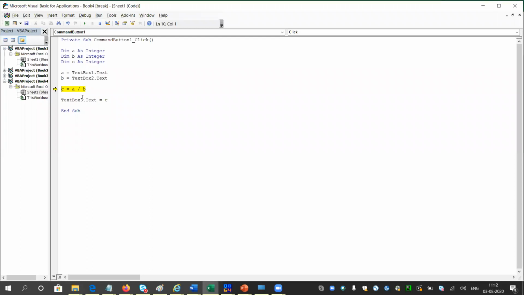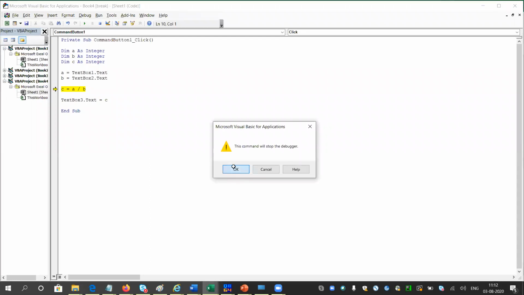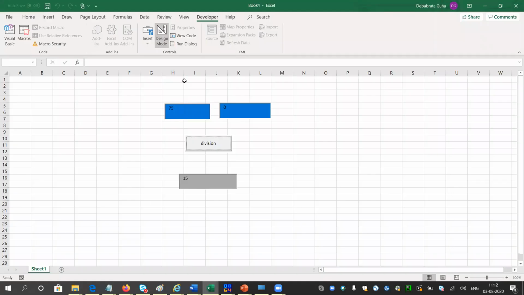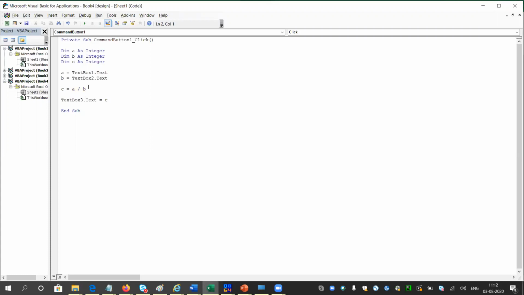Okay, so to restrict that part, what will we do? Let me stop this. Let me turn on the design mode and let me go inside the division. Whenever B is given 0, we are getting this error. You can try the same in your mobile phone calculator or in your computer calculator as well.